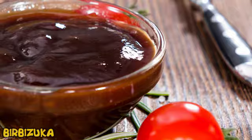Initially, sauces were used to at least somehow diversify the taste of the same dishes or make them digestible. Over time, the priority shifted towards taste, and the main purpose of the liquid seasoning was to give the dish a rich and bright taste. Sauce is a serious dish, and the approach to its preparation should be appropriate. Here are 6 tips, following which you will be able to bring your culinary skills to prepare sauces to a